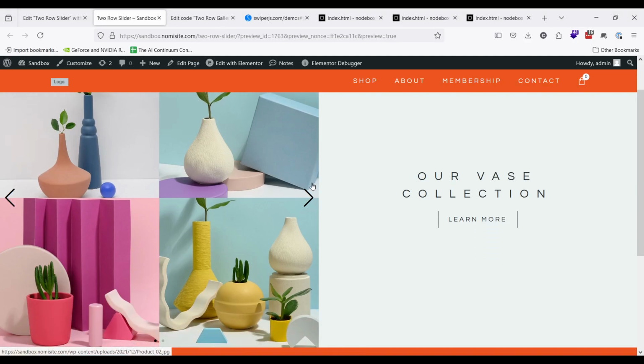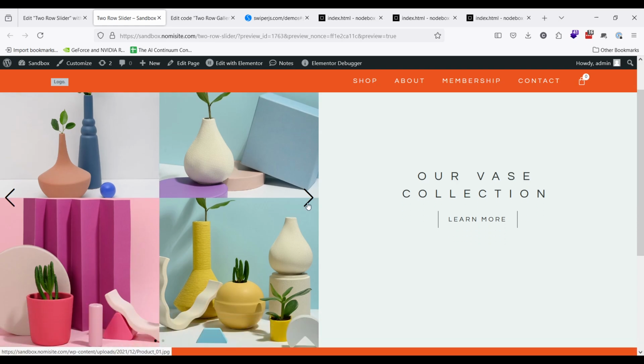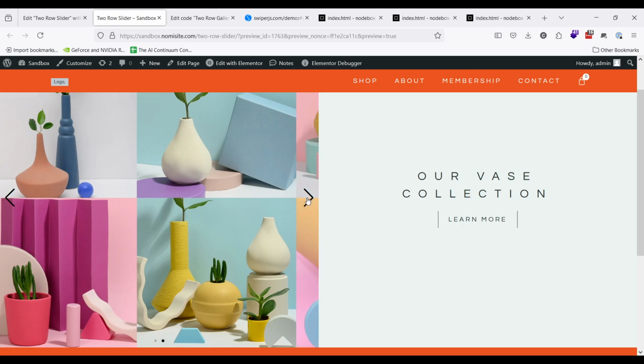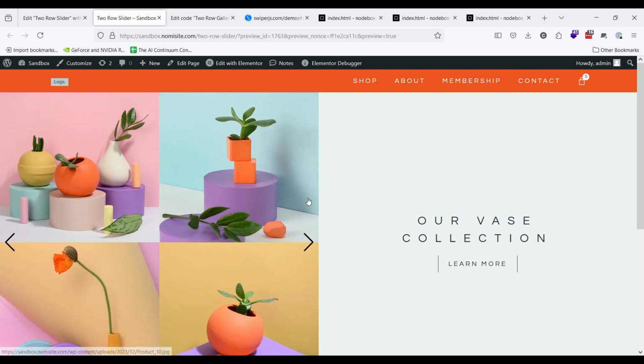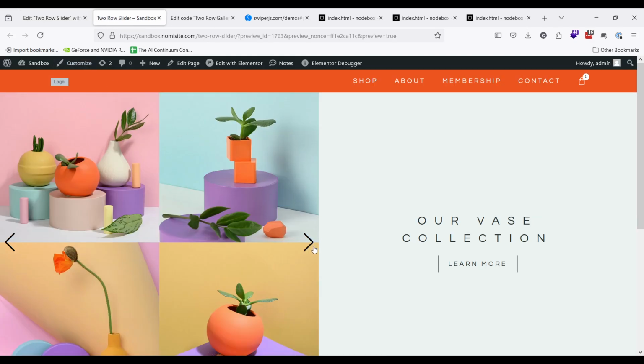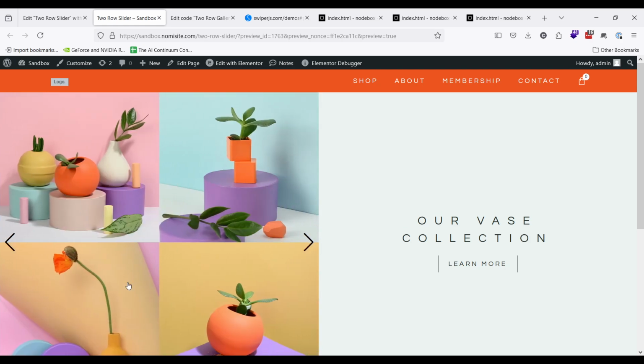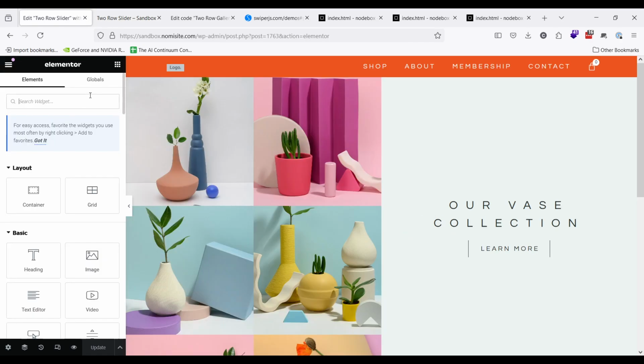Hi everyone, today we are going to learn how to create this beautiful full row slider. What we are going to use is just simply WordPress and Elementor. If you have used Elementor before, you will notice that there is no straightforward way so far to create a two-row gallery like this. Yes, we have image carousel,